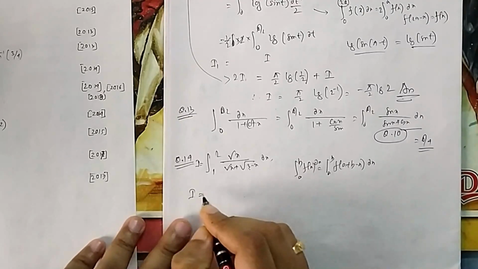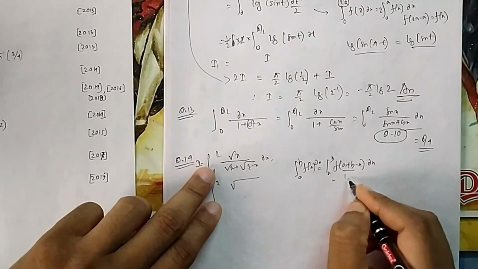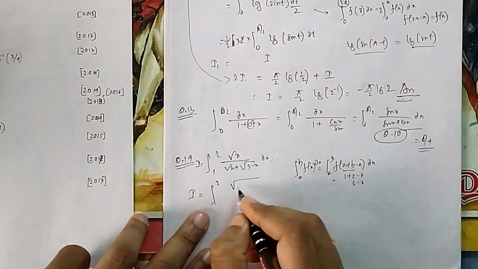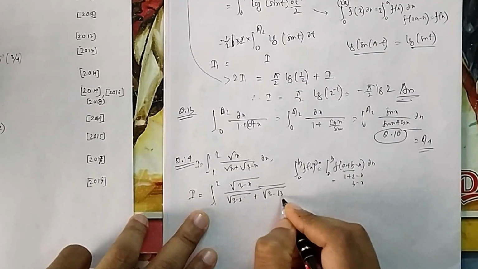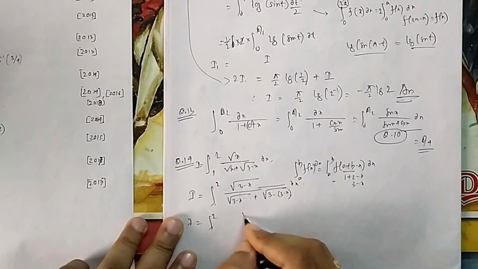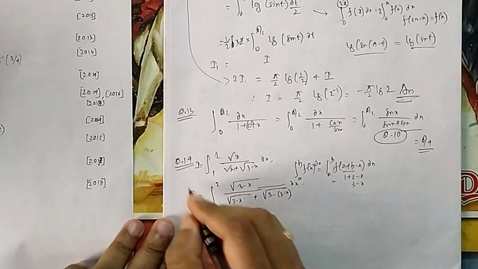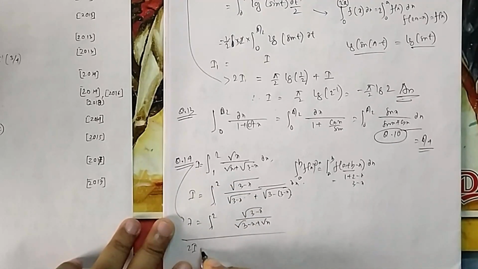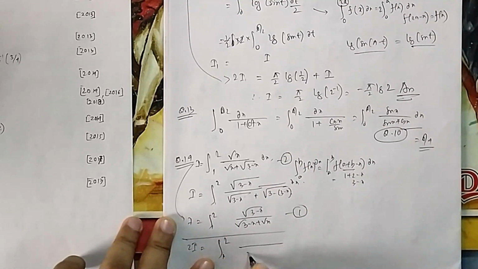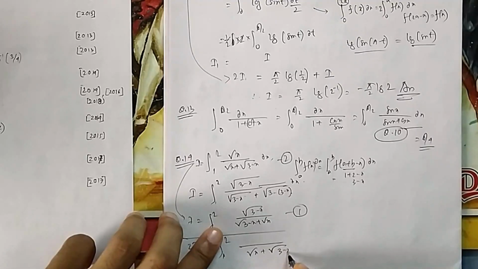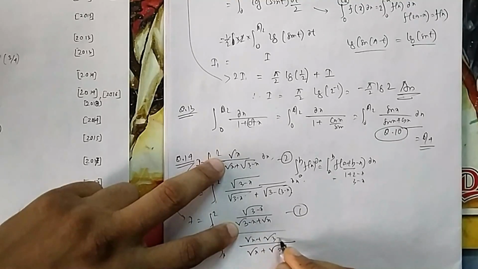Okay, let us do this one. So 1 to 2, instead of x what will I put? 1 plus 2 minus x, that is 3 minus x I will put. So instead of x it is 3 minus x, and in the denominator also instead of x it is 3 minus x. So it will be integral 1 to 2 of root 3 minus x by (root 3 minus x plus root x). Now if you add these two, King and Queen rule added, if you add these 1 and 2, it will be 2I equals integral 1 to 2, and the denominator is the same in both. So in the numerator it will be root x plus root 3 minus x, dx.